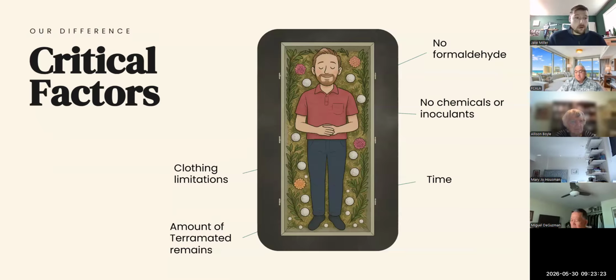When I first heard of Terramation and heard this was something that was going to take 2 to 3 months, I thought that was going to be a major issue for families, whereas it's actually been one of our greatest assets with families. There's no rush to figure out what they want to do with the soil. There's no rush to figure out what they're supposed to do in that time. They have a couple of months to figure out all these different details, and there's no rush whatsoever to go through your grieving, to go through those conversations with family and friends of what the next steps are. So that length of time we thought was going to be an issue, but it was actually a great benefit for the families that we serve here.